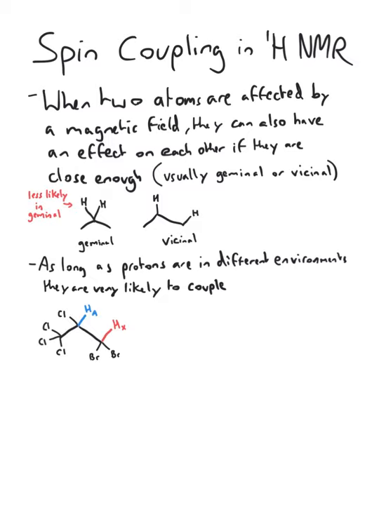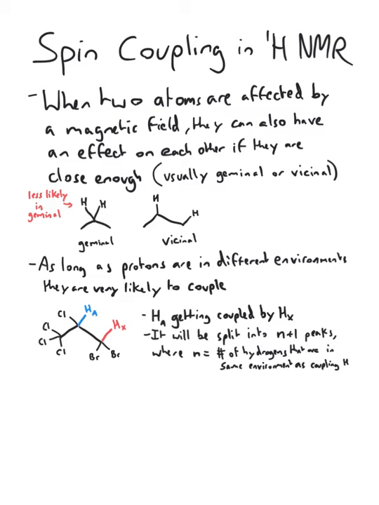So let's take this structure here. Let's say we have these two protons coupling with each other. Proton A is coupling with proton X. Proton A will be split into n+1 peaks, where n is the number of protons that are coupling in that same environment, i.e. the number of HX's. In this case, as we only have one HX, it means we will get one split, giving us two peaks